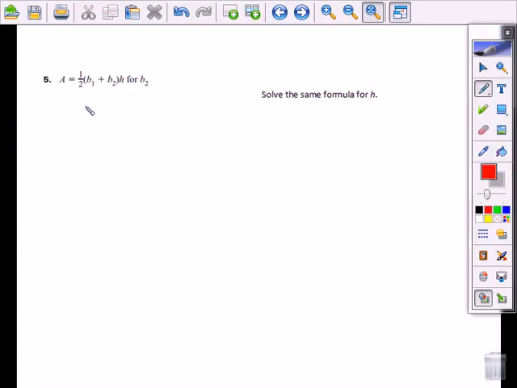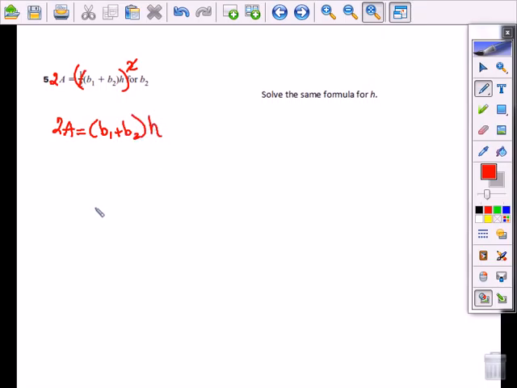I could choose to distribute the 1/2, or I could choose to multiply everything by 2. I'm going to multiply both sides by 2, because that eliminates the 1/2, and I get 2a equals b1 plus b2